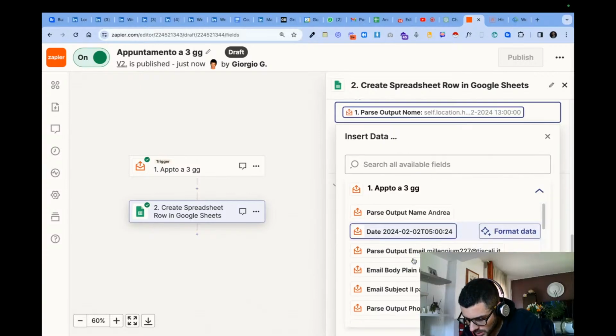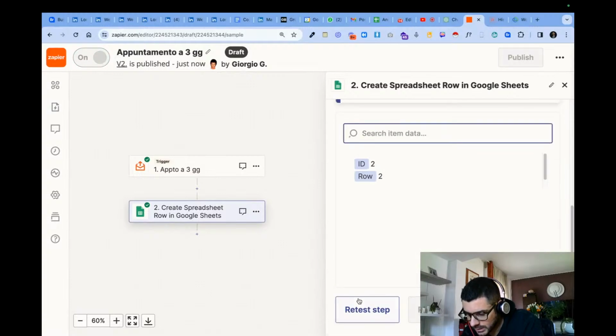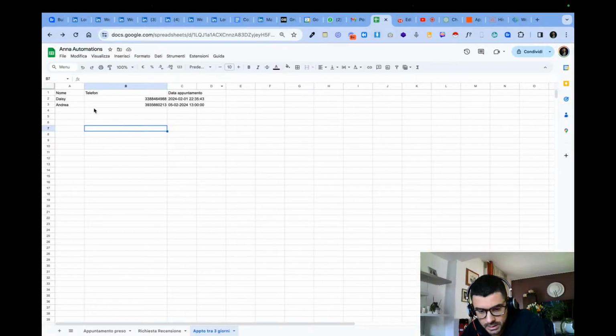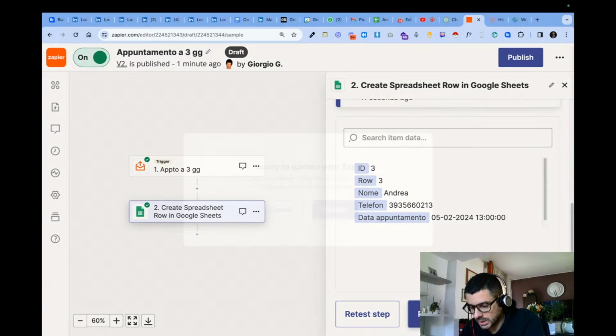Okay. So self-location. Yeah, here parse format data. Okay, that's correct. Parser output day. So the 5th at 1. Continue. I retest the step. As you could see, it works now. And then if I have it here, yeah, as you see, it's working correctly. So this is fine. The next thing I need to do is to